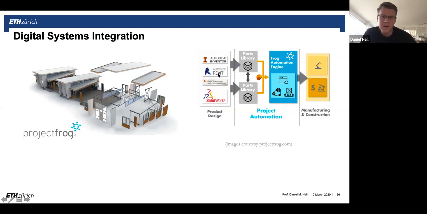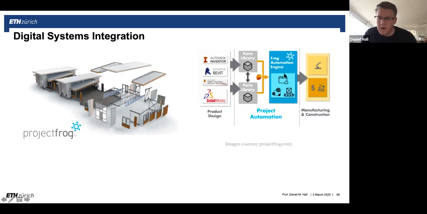And the idea was that you had a product design where you would make several different products. They would go into your parts library, and then you would have this configuration engine that would put the parts together based on the shape grammar, on how the geometry would fit together, and also the rules. And they would hard code those rules into the system. But they would do this in a very lightweight browser-based plugin called My Project Frog. You can actually go there right now. I'll type it into the chat.